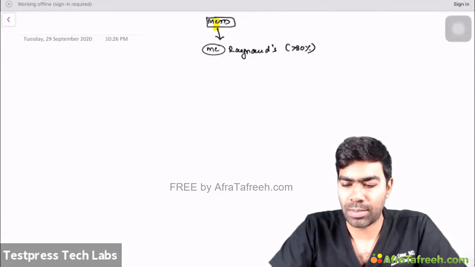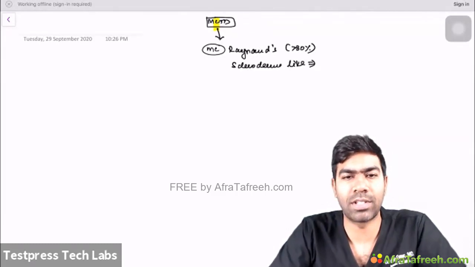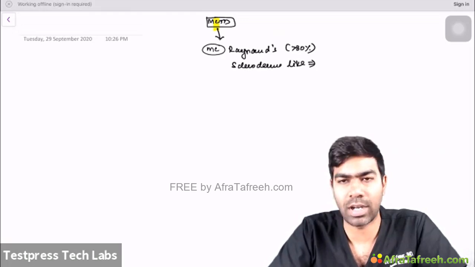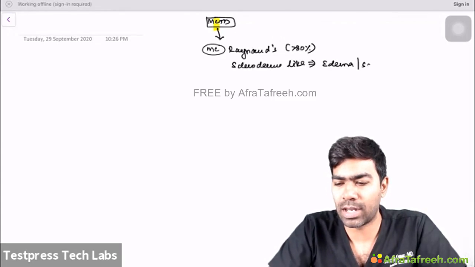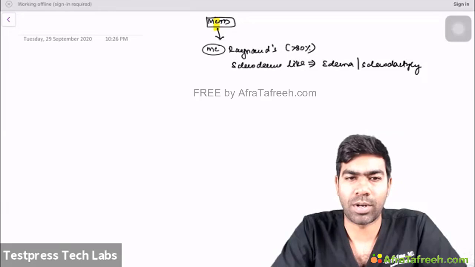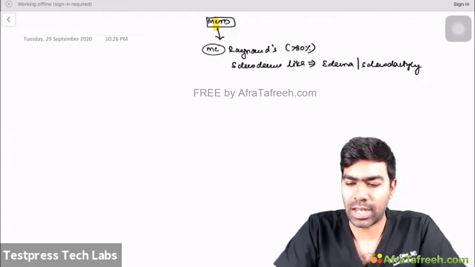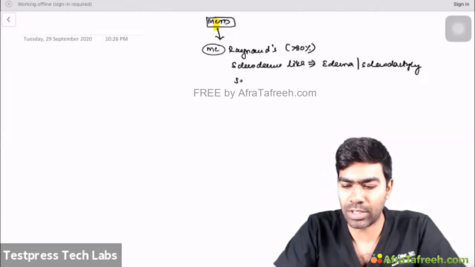Next, apart from that, they can show a scleroderma-like picture. That's quite common. As far as the scleroderma-like picture is concerned, usually they will come with edema that's called puffy hands, and probably they can develop sclerodactyly over a period of time. That's really important. At the same time, they can develop certain SLE-like manifestations, including serositis, like pericarditis, pleuritis, and